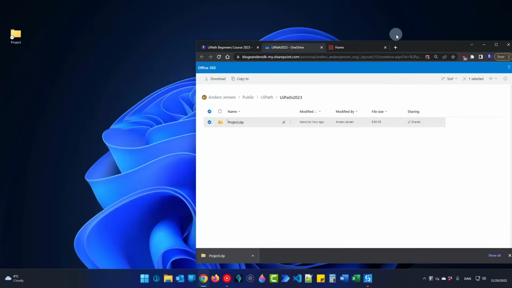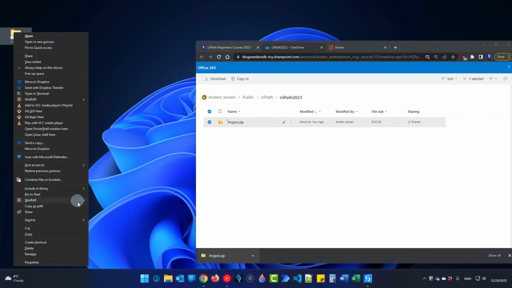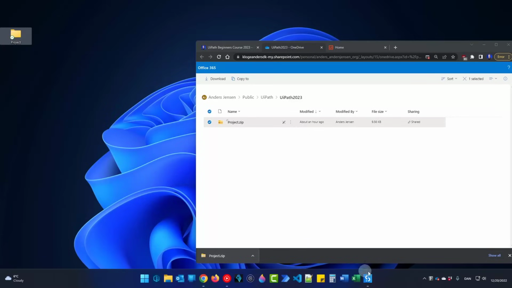So I'll close this. I'll also go to the project folder. I'll need the path to this folder. We will use it in UiPath. And I just hover my mouse over, press Shift and right click, and you'll see this copy as path emerges. It only works if you press Shift on your keyboard and right click on your mouse at the same time. Then I can click copy as path. I'll go back to